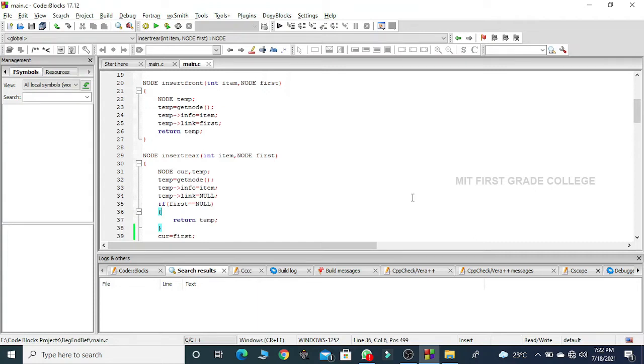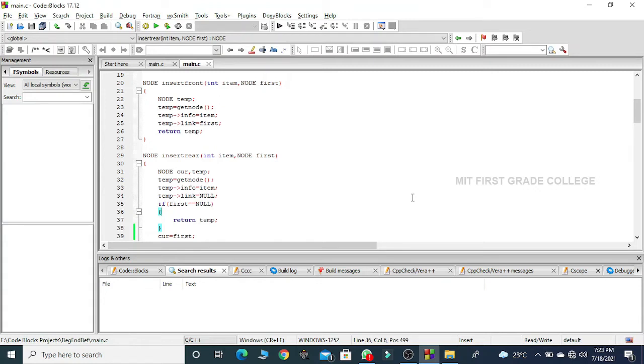So I am assigning the value of first in the link part of temp, and I return the value of temp. Now the temp pointer, which was holding the address of a node, will be the first node inside my linked list. So that has to be assigned to the first pointer.